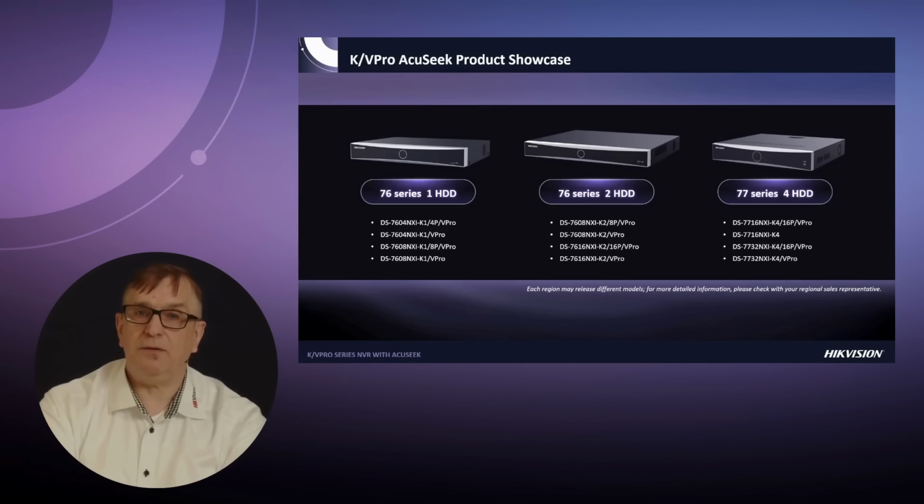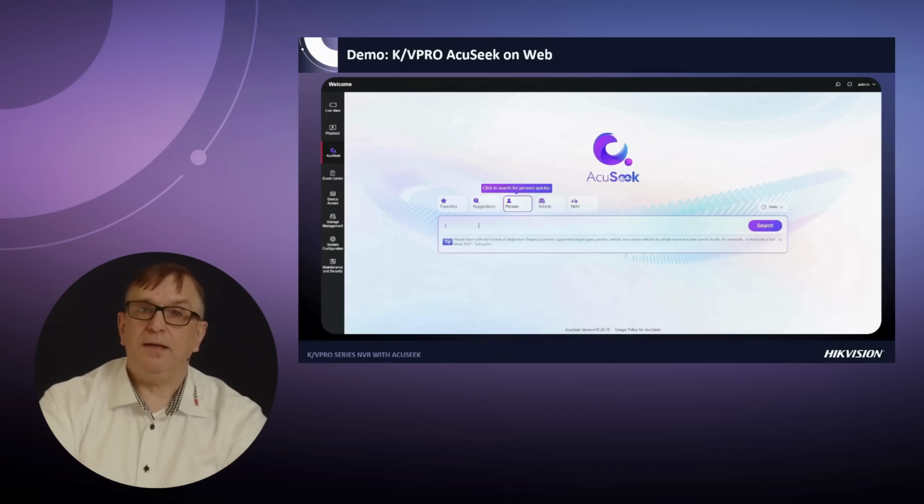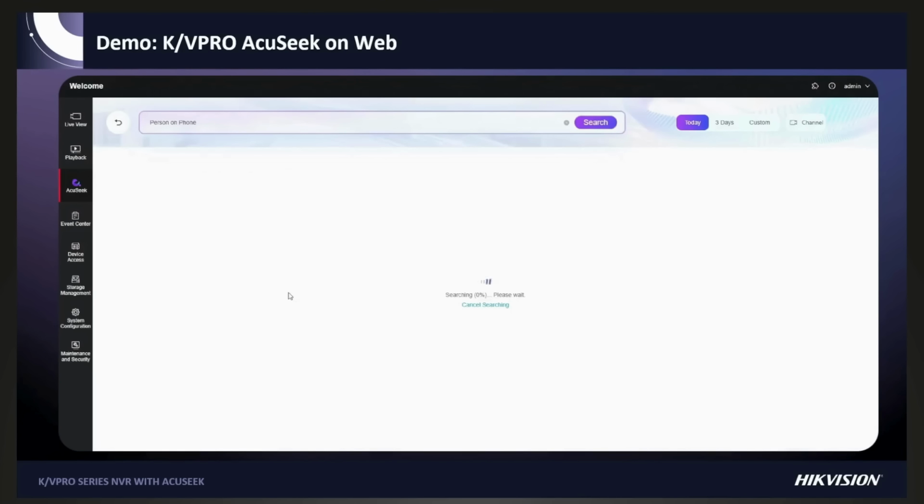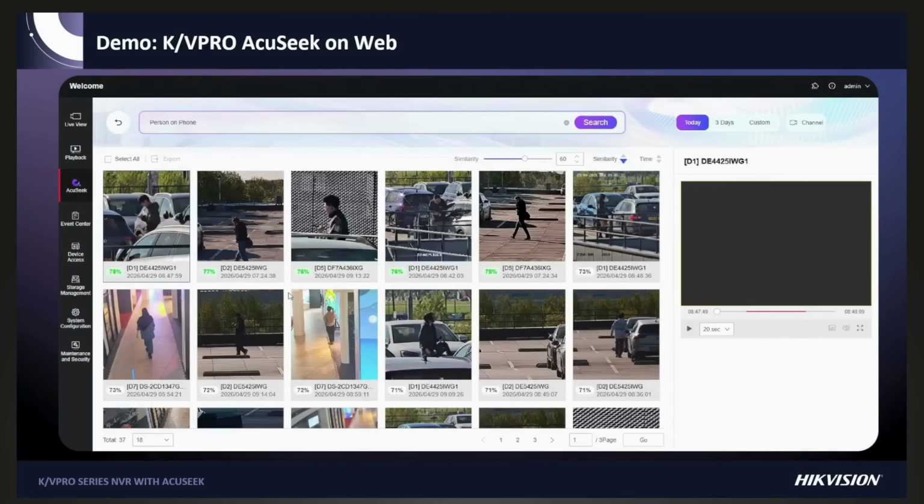Now let's quickly look at the KV-Pro models themselves. Here you can see the KV-Pro product lineup. Model availability may vary by region, so for final selection, please check with your regional sales representative. Now yesterday we carried out some live testing, and here you can see the results when searching the NVR via the web GUI. We carried out a search of a person on phone,